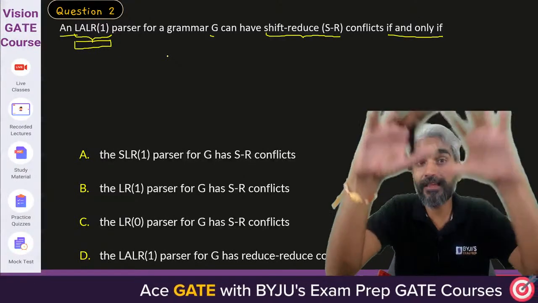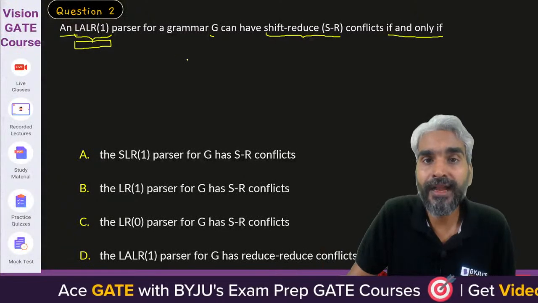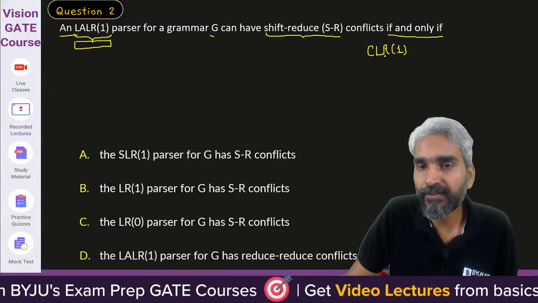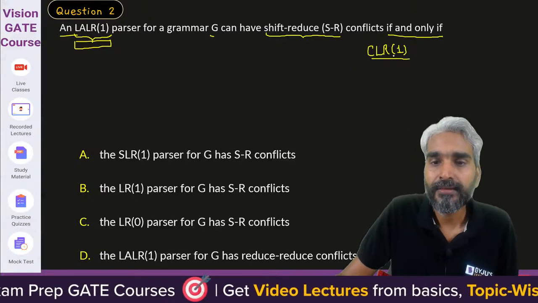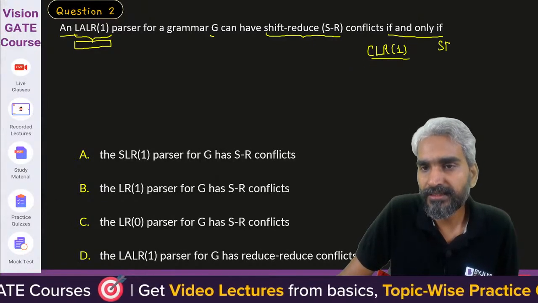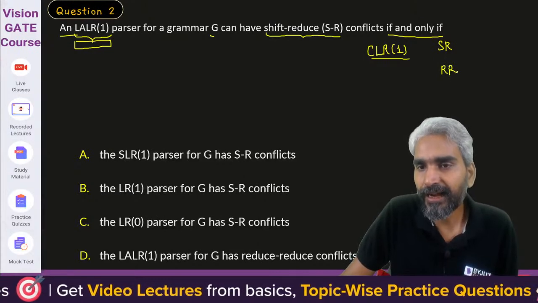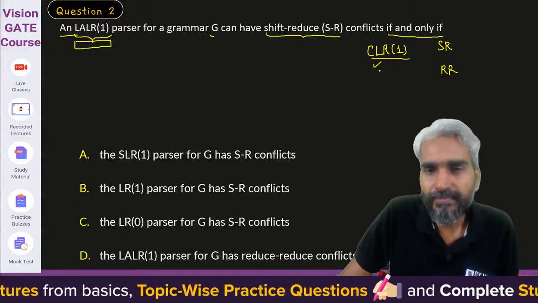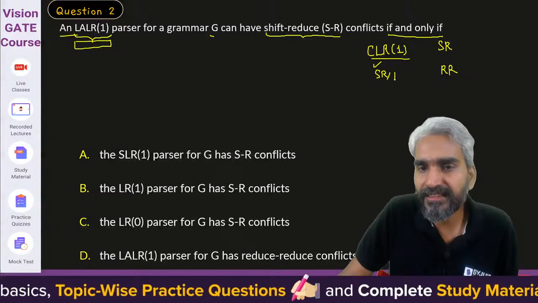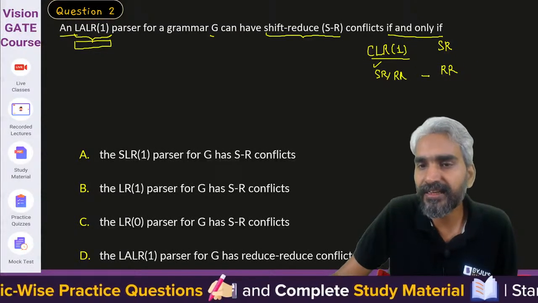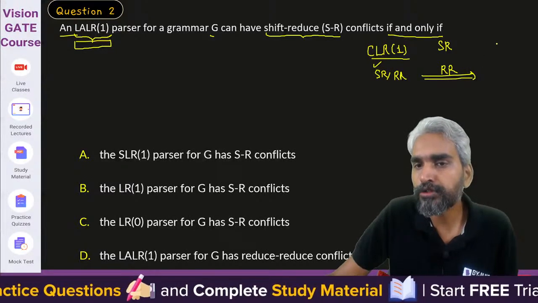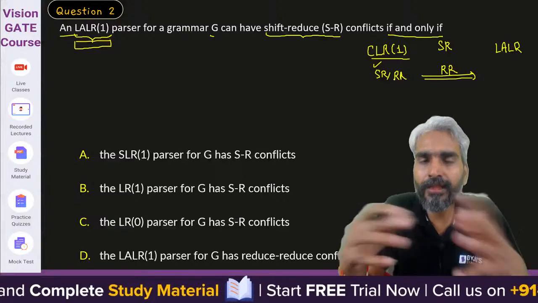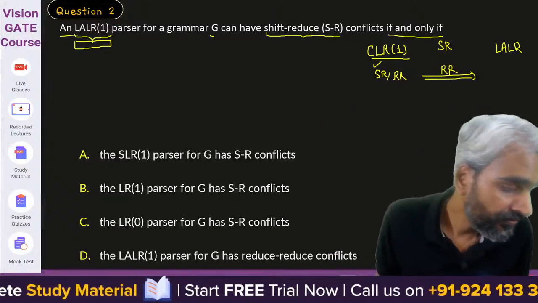If you take the full construction of LR1 items, then you will have the CLR1 parser. Now there are two things: one is SR conflict, another is RR conflict. So in CLR1 parser, if SR or RR conflict exists, then it is guaranteed that it will also exist in LALR, because in the overall full item set,